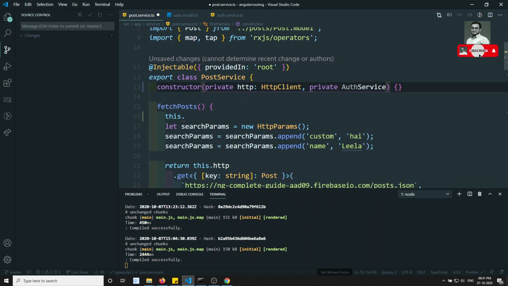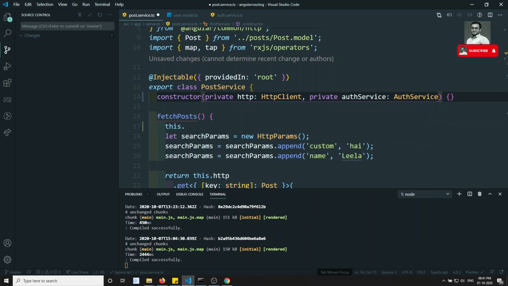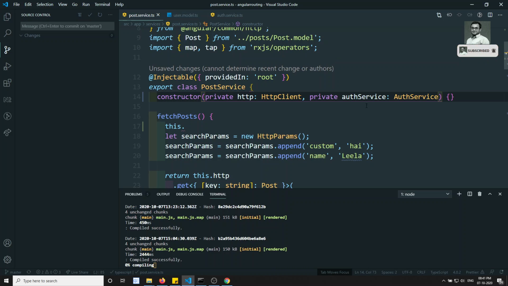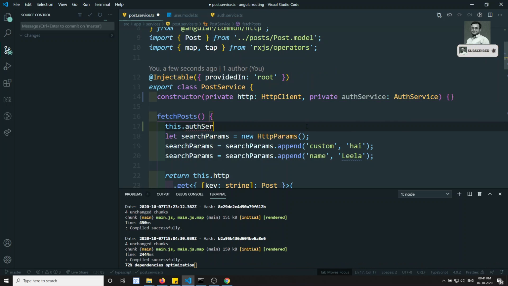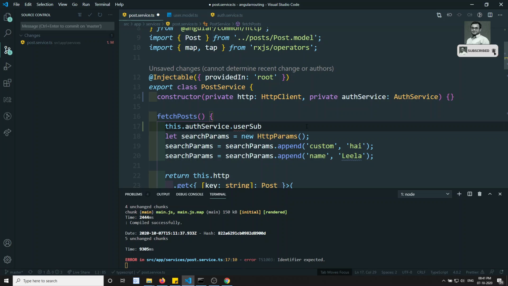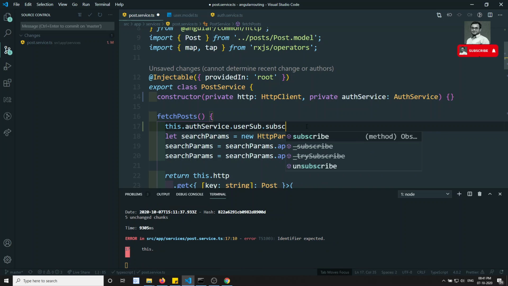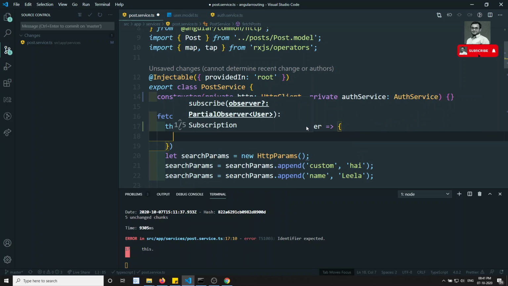You can think of it like this: auth service dot user subject dot subscribe of user. When the user is logged in, this subscribe method will be executed.